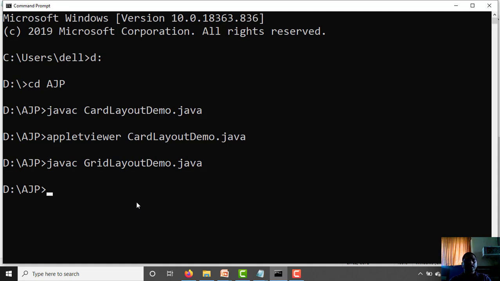Everything okay, compilation is successful. To run the applet code, we need to write appletviewer. Appletviewer GridLayoutDemo.java.